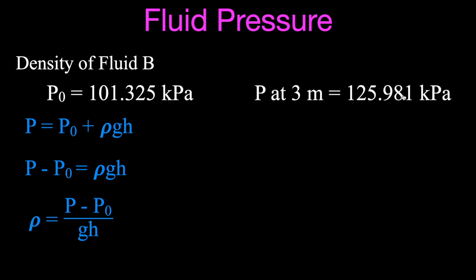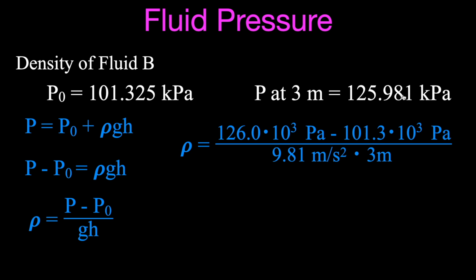Because also, when we plug the values in now, for the total pressure, which is 126, I rounded this to save space here from 125.9 to 126 times 10 to the third, because this is kilopascals, and you've got to put it in the base unit, which is Pascal. And then we're going to subtract from that atmospheric pressure, which is 101.3 times 10 to the third, again kilopascals,